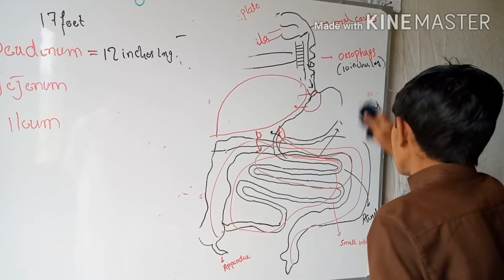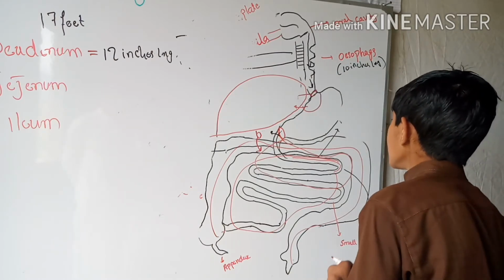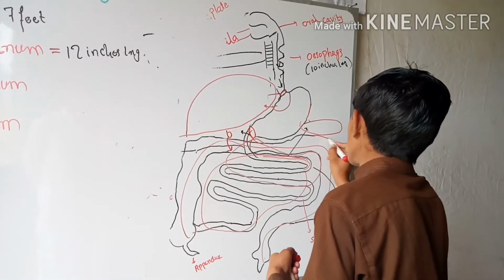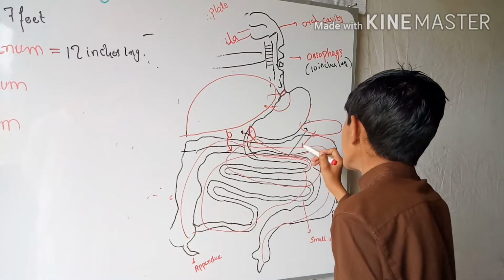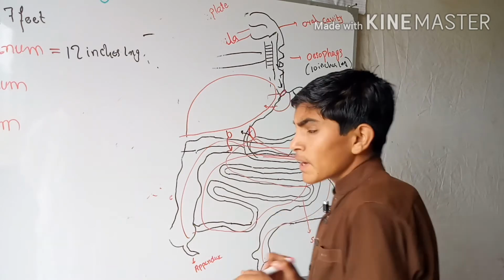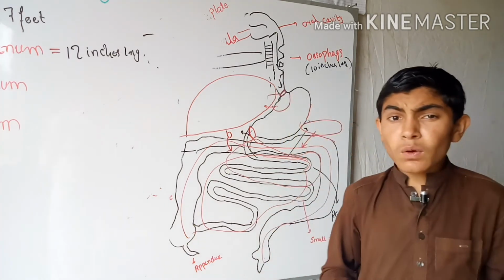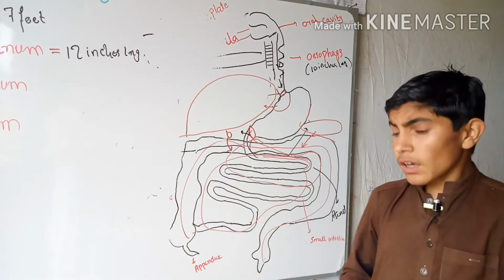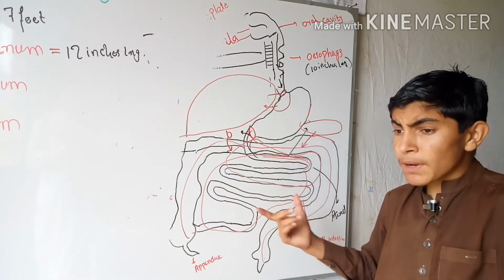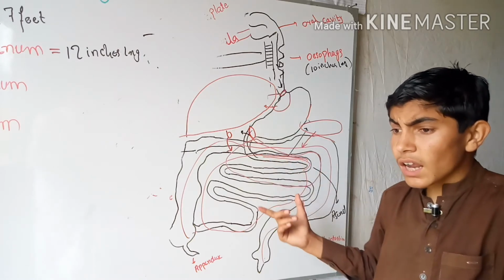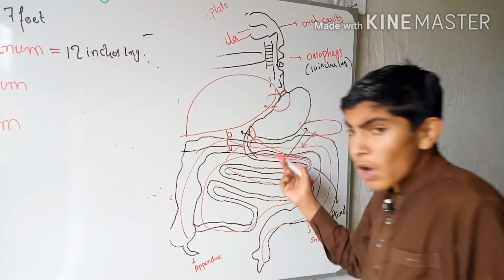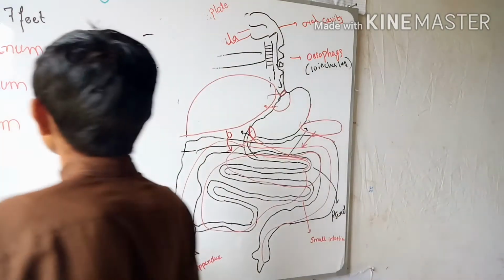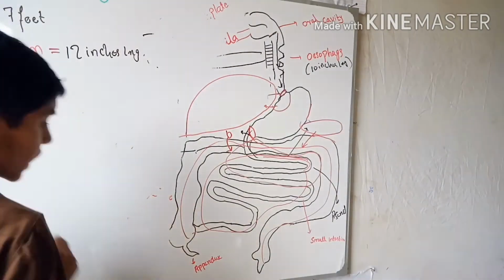Another leaf-like structure which is called the pancreas. It also secretes pancreatic juice, which is involved in the breakdown of protein into amino acid, fats into fatty acid and glycerol, and carbohydrate into monosaccharide. So pancreatic juice is responsible for the breakdown of